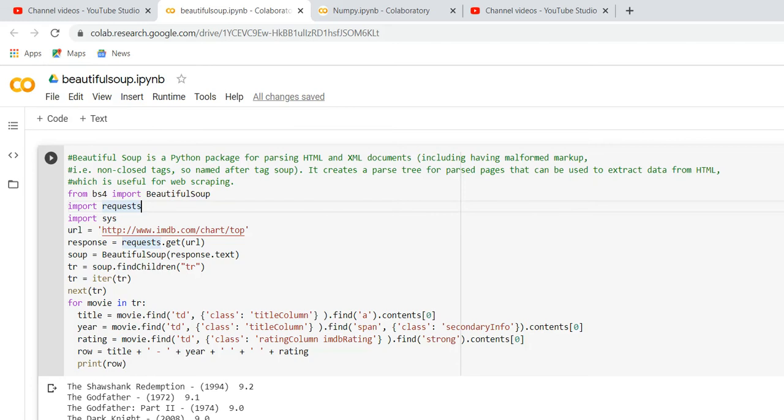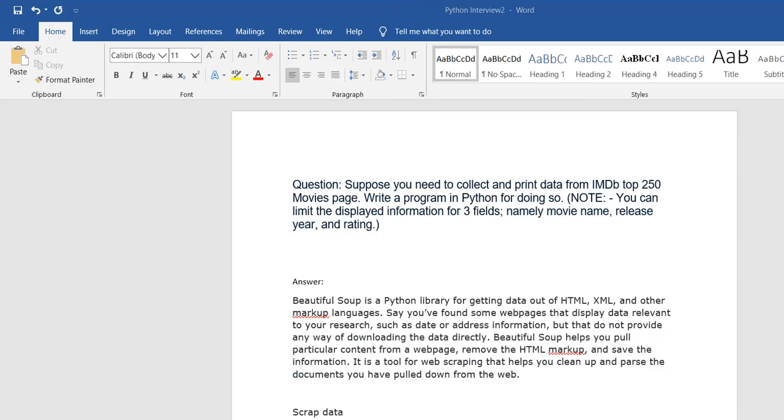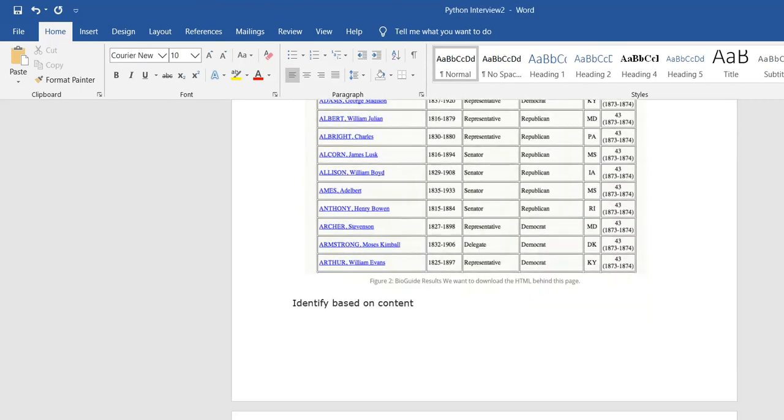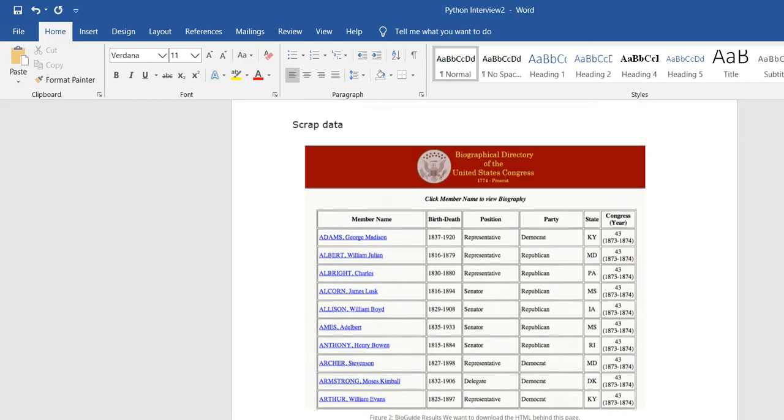Before going into the code in depth, I will show you some of the basics. For example, this is the website, and you can see it has many fields in a tabular column.